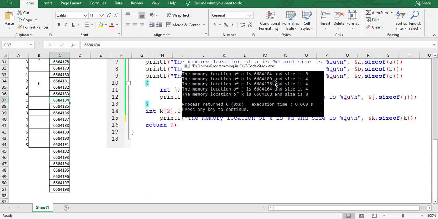Okay, so 84, I have an 8 byte of data and it's of integer a. So from 84 I have to count 8. 1, 2, 3, 4, 5, 6, 7, 8. Okay, so here I will store a. So whatever value I am getting, this much memory will be used to store that data.